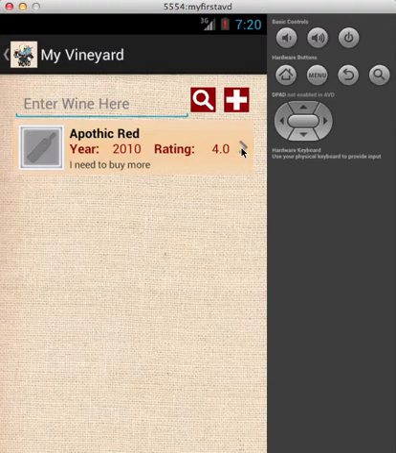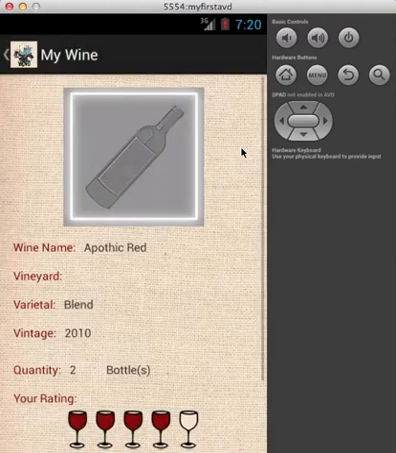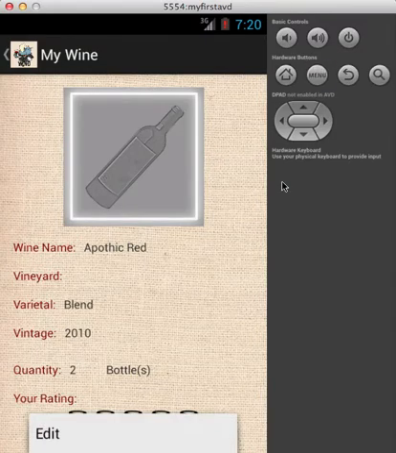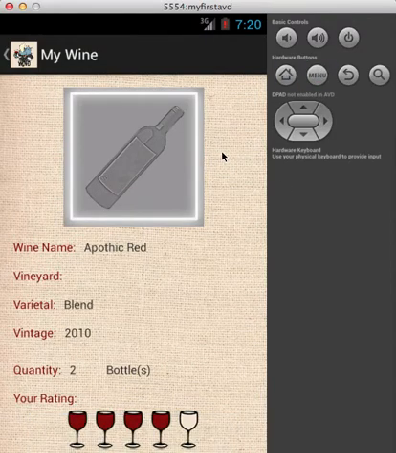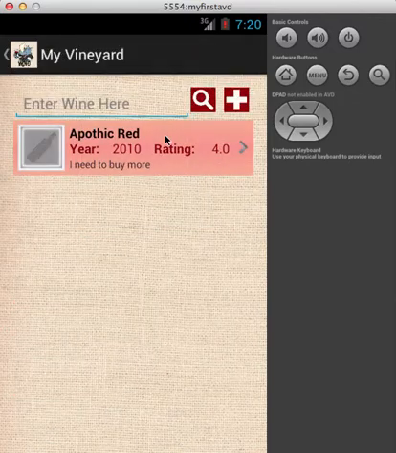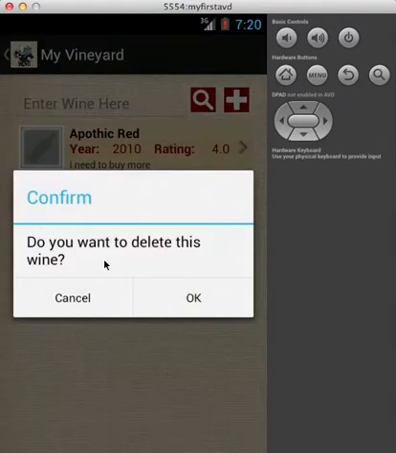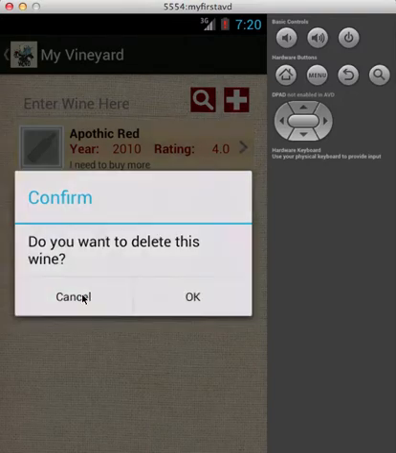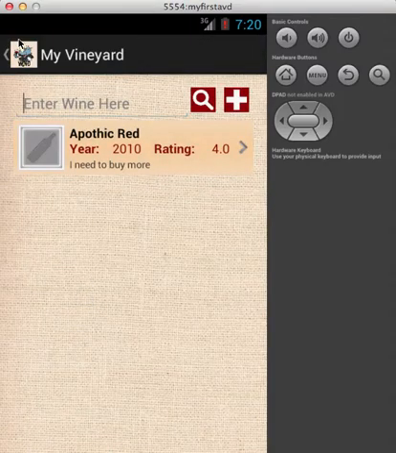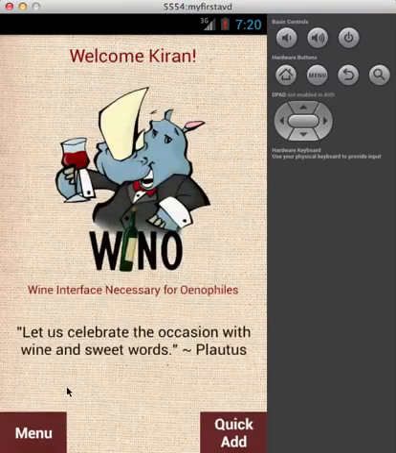If I want to edit it, I can just click on the info again, select menu, and say edit. Otherwise, if I want to delete this wine, I can hold it and decide if I want to delete or not. So let's go back to the main screen